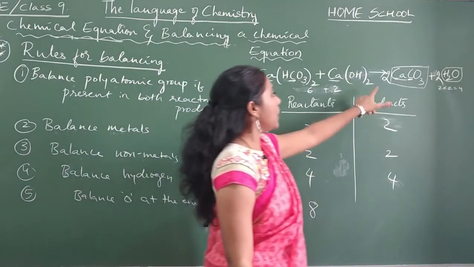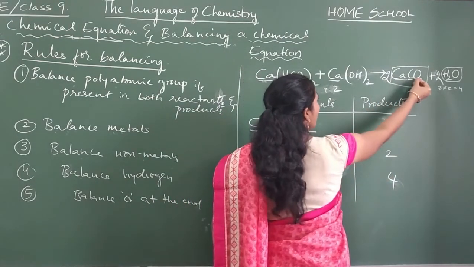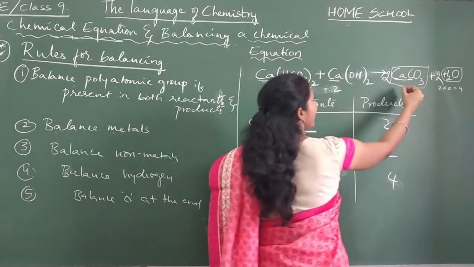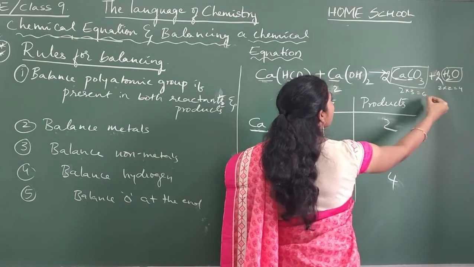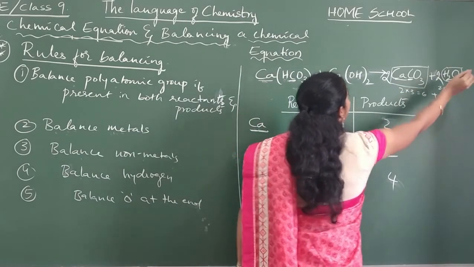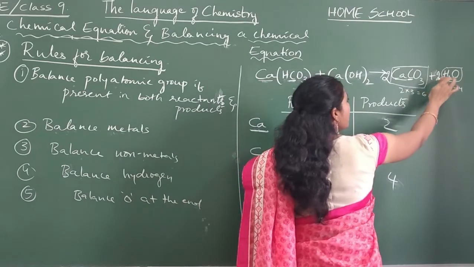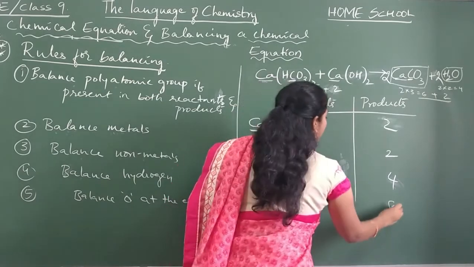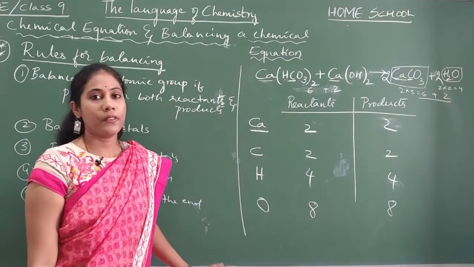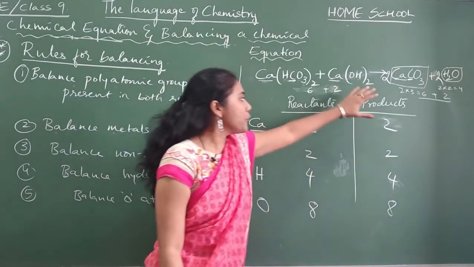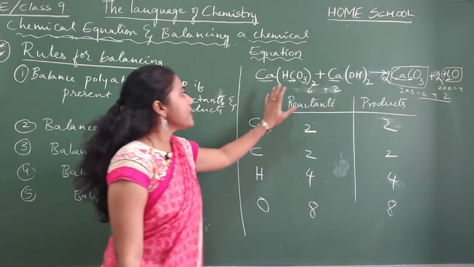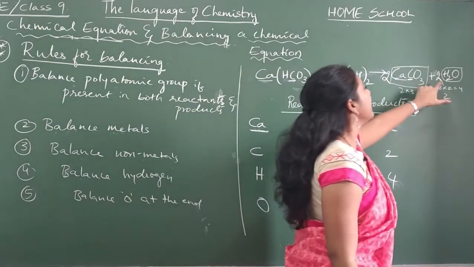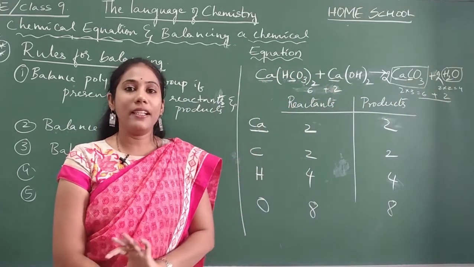Now let us check it in the product side. This 2 can belong to oxygen also. Already 3 are there. This 2 also belongs to oxygen. So multiply 2 into 3, how much, guys? 6. Yes or no? 6 plus this 2 can belong to oxygen also. Once you have put 2 here, this 2 belongs to hydrogen as well as oxygen. So 6 plus 2, how much, guys? 8. Oxygen is already balanced. Here you have 8 oxygens. There also you have 8 oxygens. So now this is a balanced chemical equation. Just on putting 2 here and here, all your elements will get balanced.